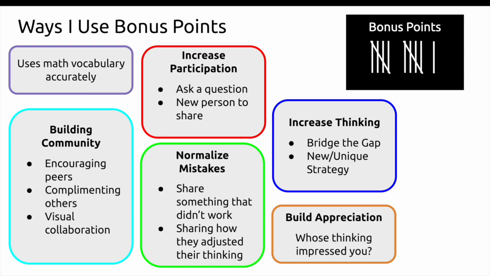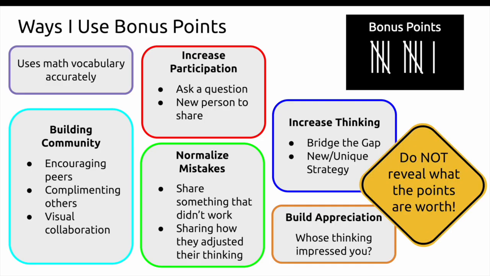So the class is accumulating all these bonus points during the magic window. The key is don't tell them what the bonus points are worth so that you as the teacher can offer a reasonable amount of extra chances in the Interest Igniter Challenge. For example, with the bonus points above, I could offer an extra chance for every 2 bonus points or for every 5. I'm just looking to offer them a reasonable number of chances in the challenge that keeps their interest while limiting the number of chances to what I have class time for.